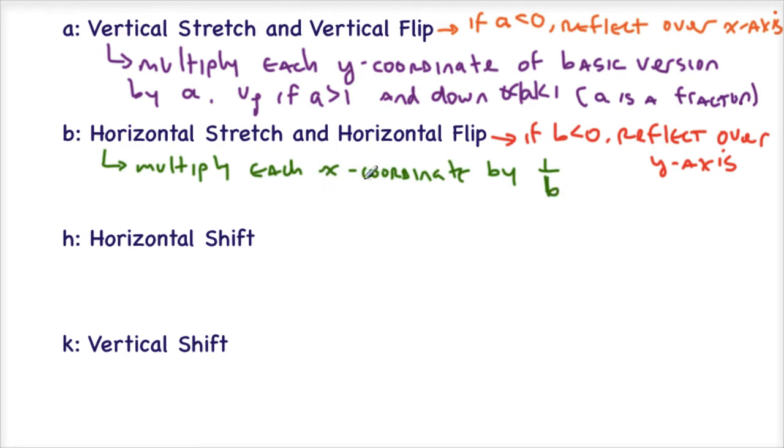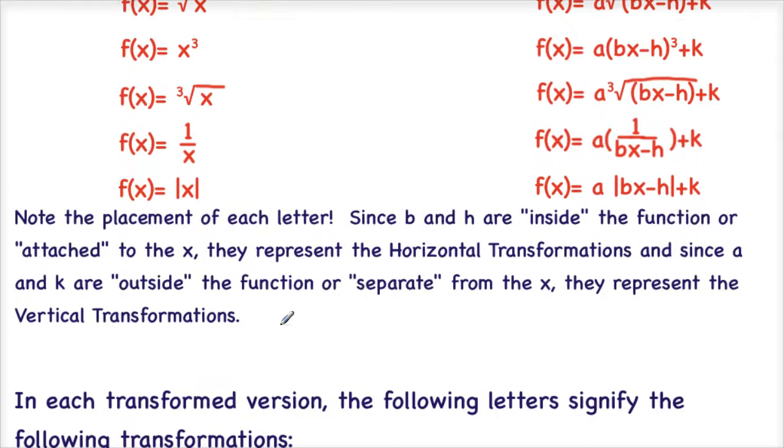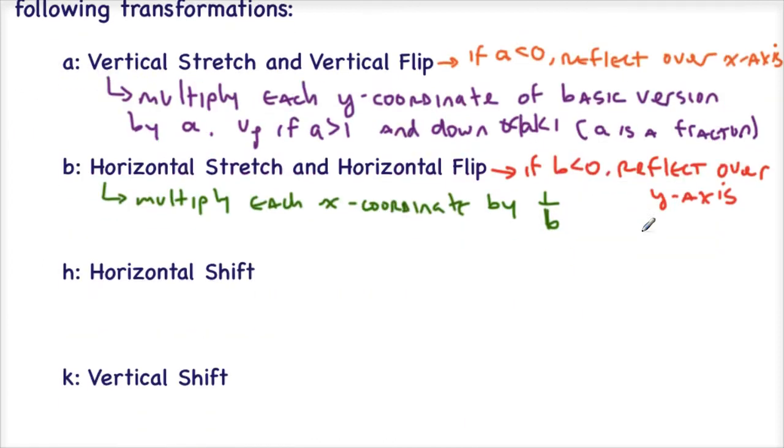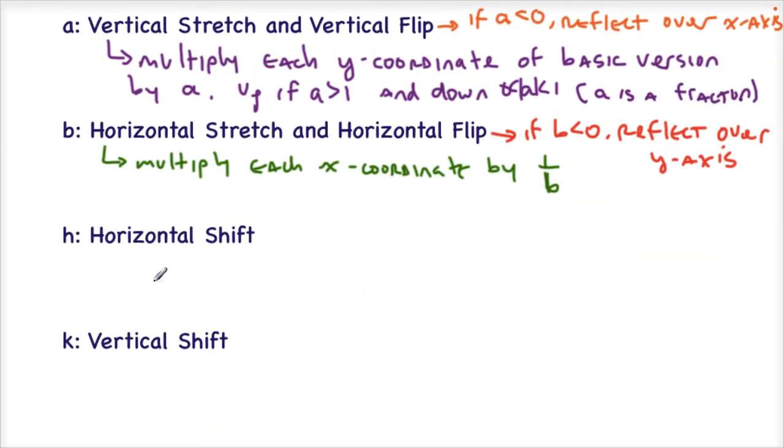But like I said, you're going to rarely see this, so really up here in purple, that vertical stretch is what we're going to focus a little bit more on. A horizontal shift is going to be a shift left or right, and the thing to note is that just like when we had our equation for circles, up here I notice that this is always minus h, so it's always going in the opposite direction. So if I have something like x plus 3 in parentheses, that is really a shift left. So horizontal shift is shifting left or right,